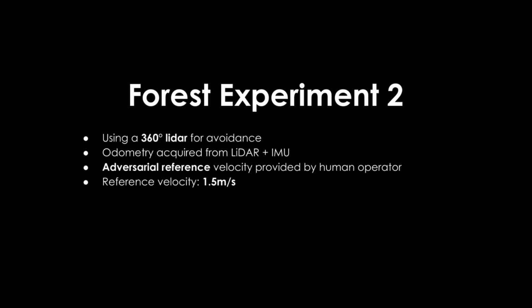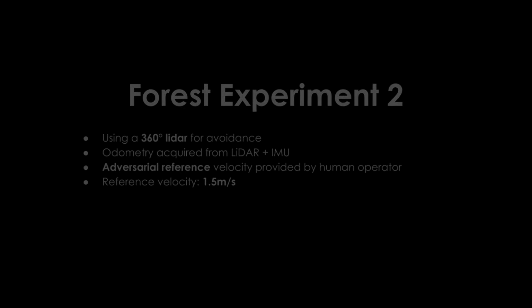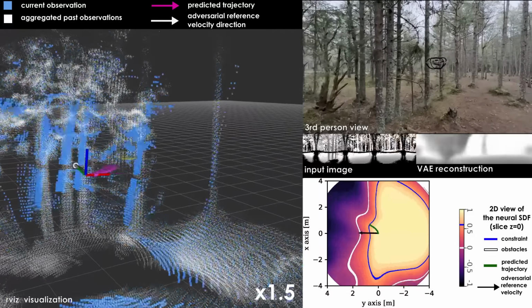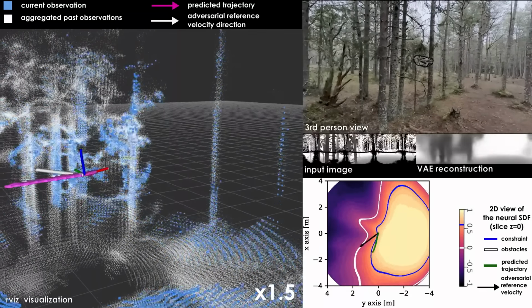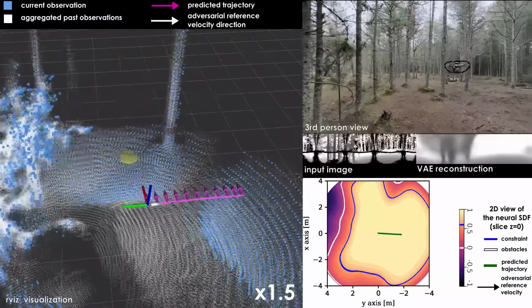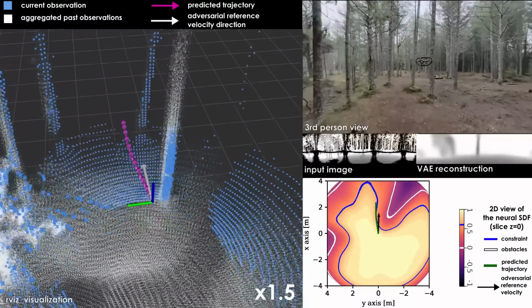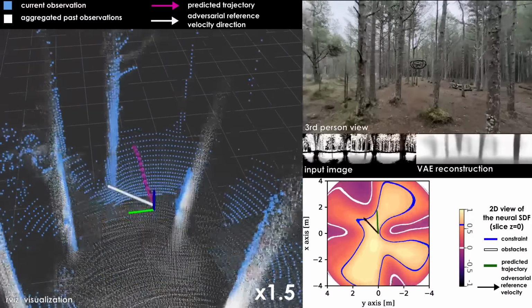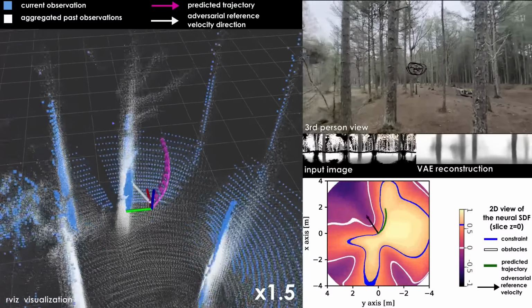We use the 360-degree LiDAR for collision avoidance in this experiment. The adversarial reference velocity is provided by a human operator. At the beginning of the trajectory, the operator sent the robot towards a wall-like obstacle. In response, the NPC brings the robot to a full stop, as there is no nearby free space that could